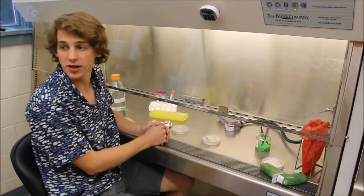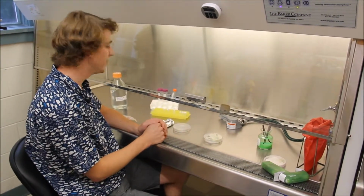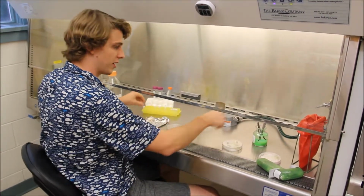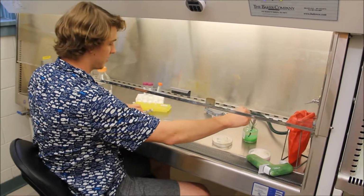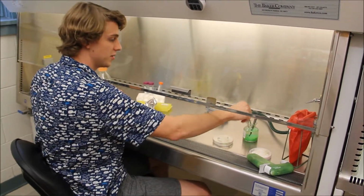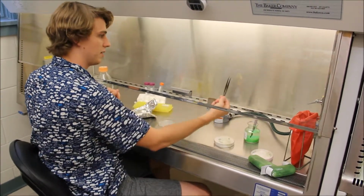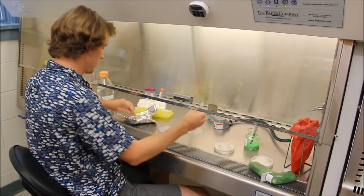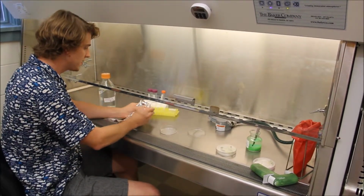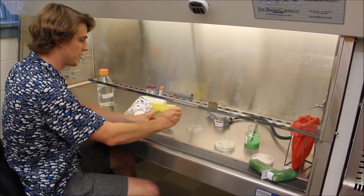Alright, so once your Agrobacterium is at an optimal density of 0.6, you're ready for transformation. This is similar to the initial step where we put a sterile piece of filter paper into a new petri dish. Flame your forceps. And one difference that we're going to have this time with what we put in the petri dish is that we're going to use a new